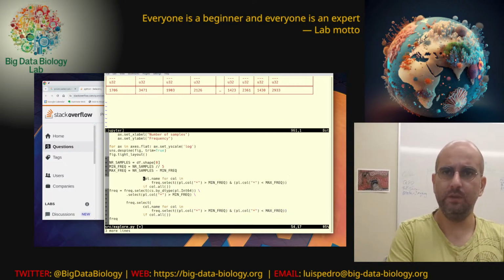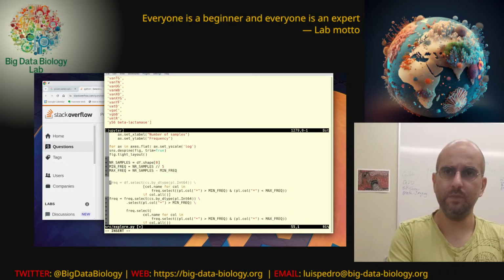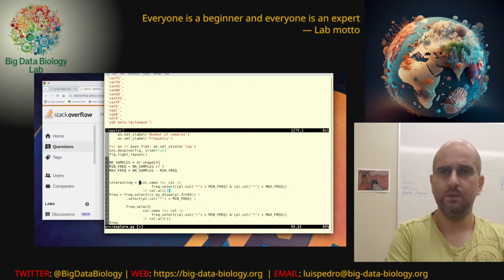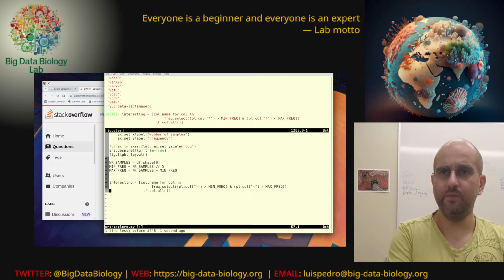And actually this bit in the middle here, which I'm cutting out now, I'm not even sure what to call them. Let's call them interesting. This is what we want. And now we want to go back to the full